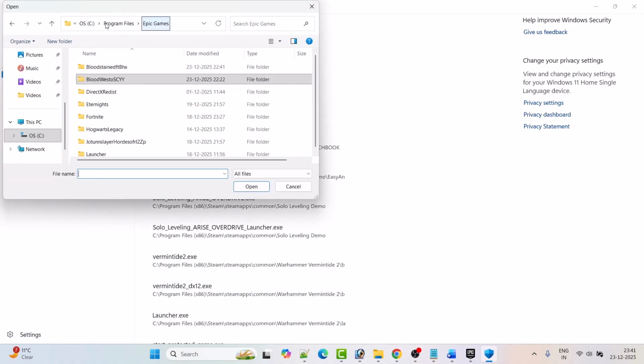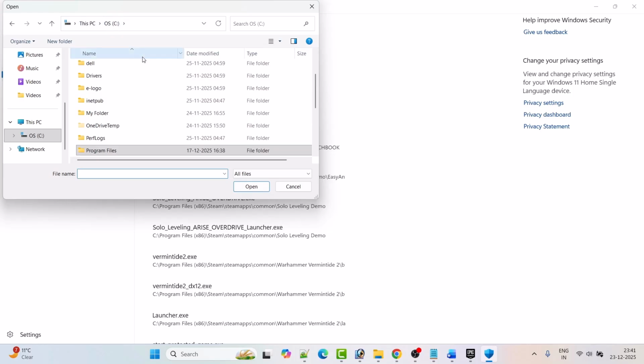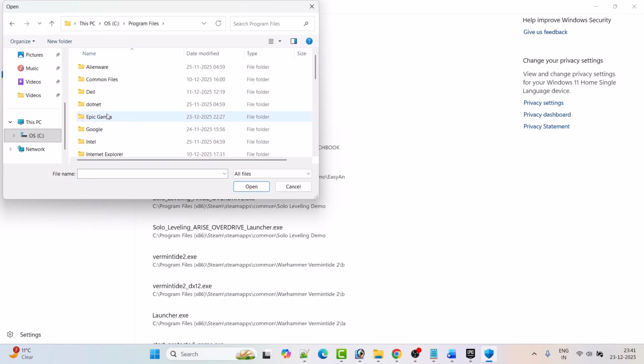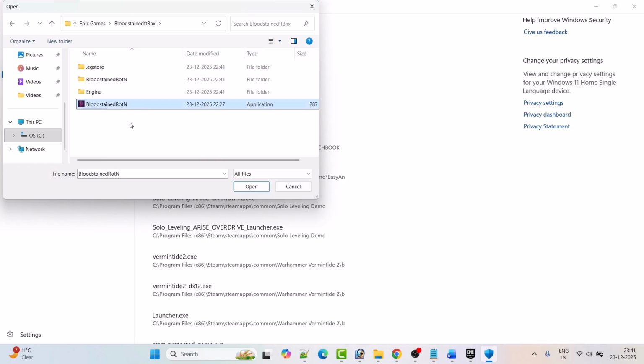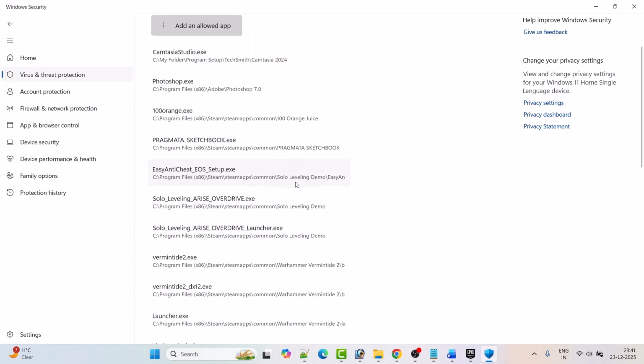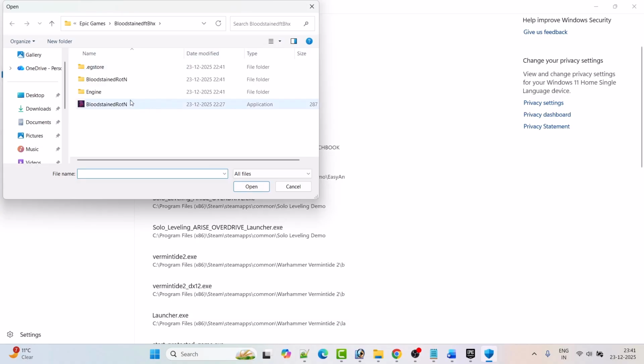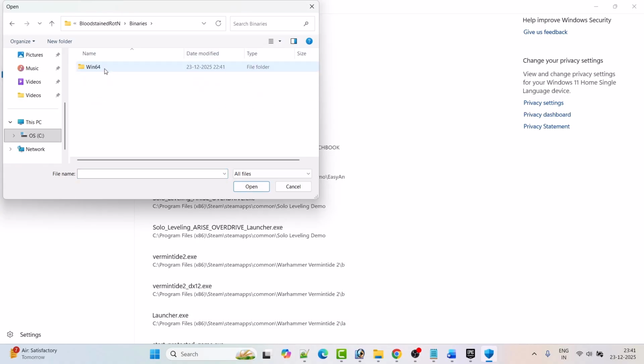Now go to the game installation folder. So open C drive, open Program Files, open Epic Games folder, open Bloodstained folder and then select this Bloodstained ROTN exe file and then click on Open to add it to the list. Again click on Add an allowed app, Browse all apps, open the Bloodstained ROTN folder, open Binaries folder, open Win64 folder and then select this Bloodstained ROTN Win64 Shipping exe file and then click on Open to add it to